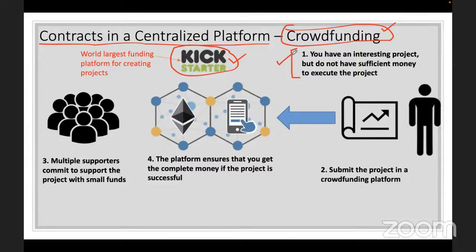So let's say you, or a group of students, have an interesting project but do not have sufficient money to execute it. They know the idea is very novel and technically they are very competent, but the only thing they need is money. So what they do is submit the project to a crowdfunding platform. Step number 2, after submitting the project to the crowdfunding platform,